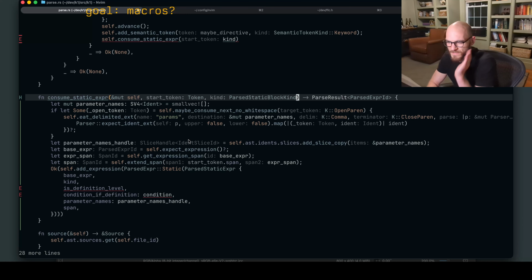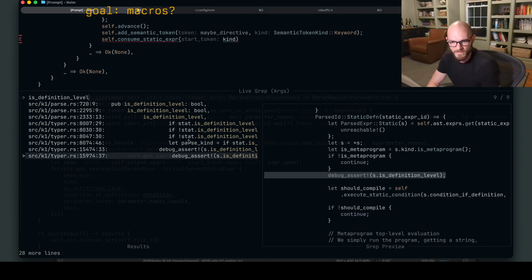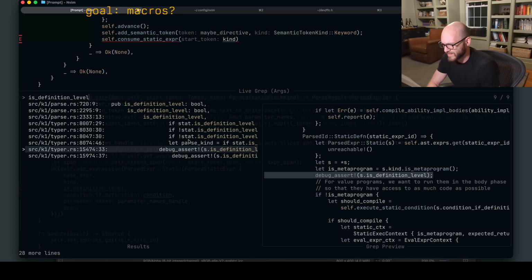I don't need to know if it's definition level. Won't I know that from where we evaluate it? Typer. Assert that it's definition level. Okay, why?